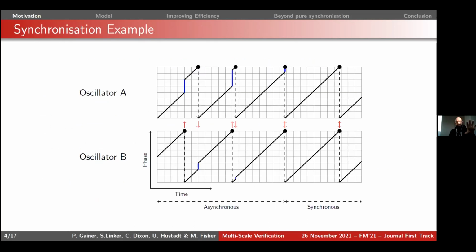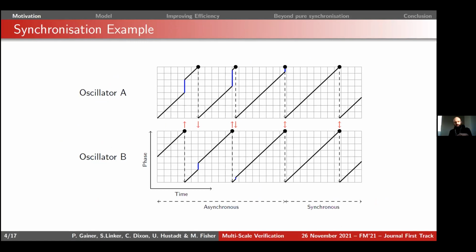So for example, imagine 2 oscillators here. The time goes from left to right, and the phase for each oscillator goes from bottom to top. And you can see that they start out in different phases. So oscillator B is in a higher phase, half its cycle, than oscillator A. And so then time progresses, they both increase their phase, and at some point oscillator B fires. And then you can see that it perturbs oscillator A. Oscillator A increases its phase, and then both